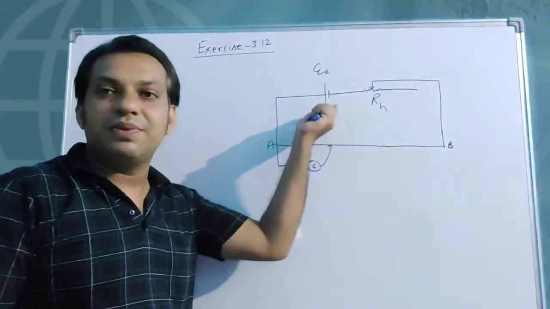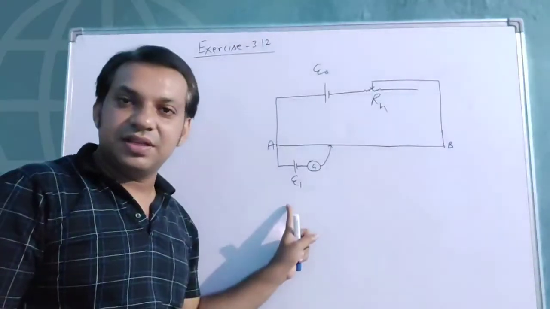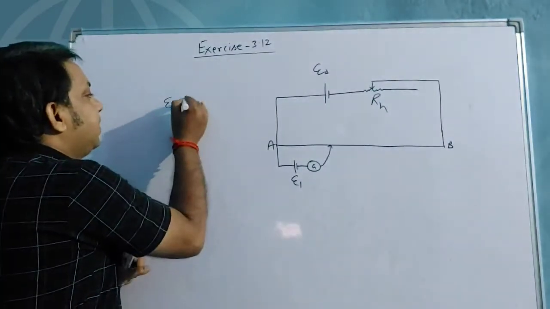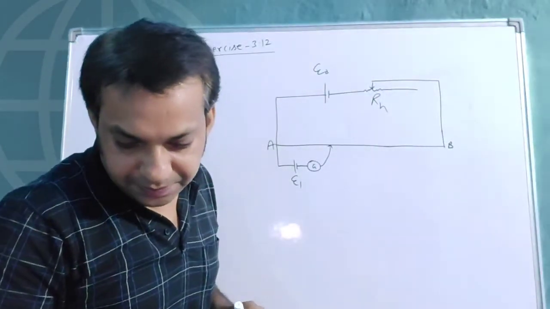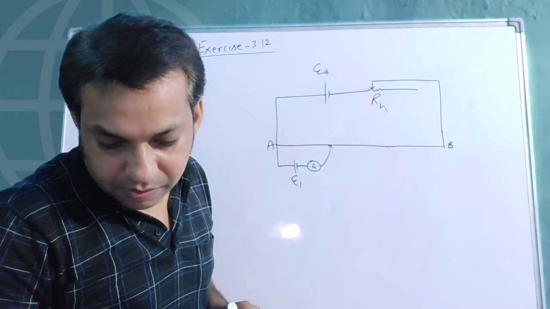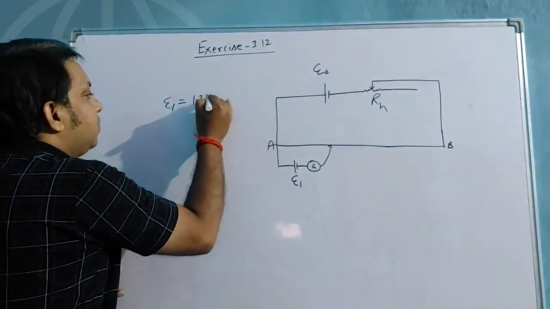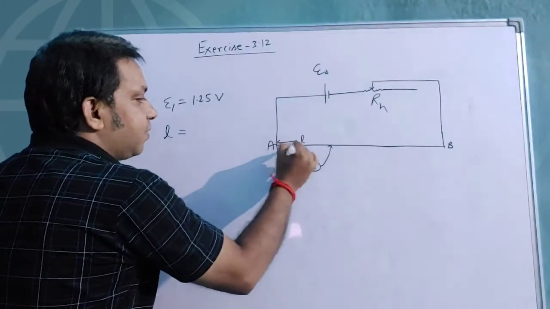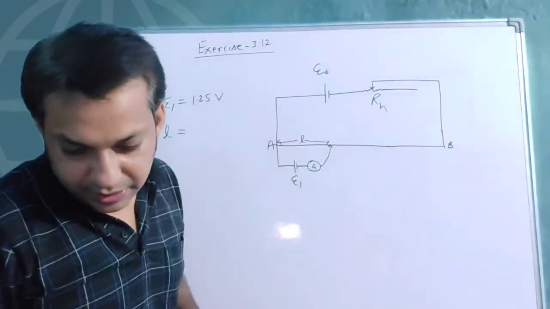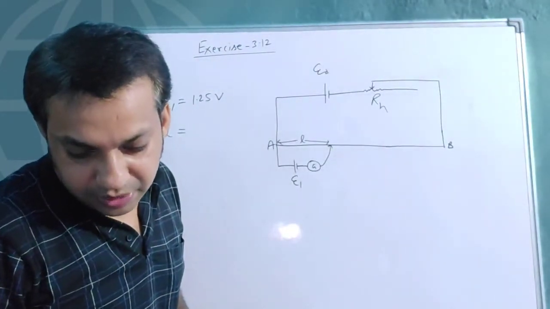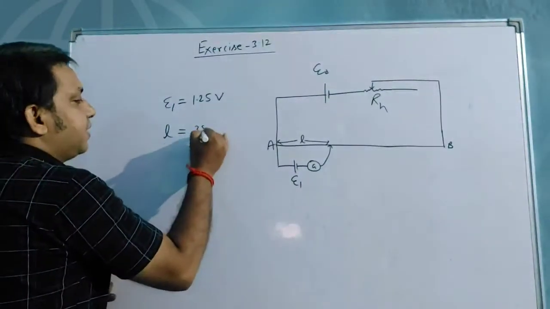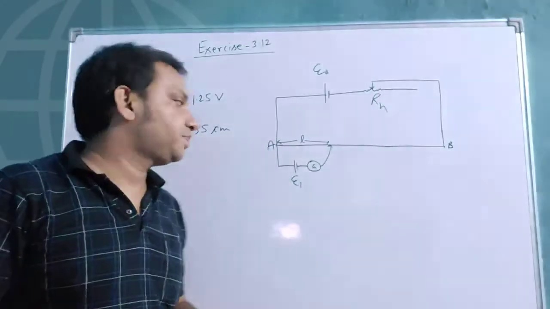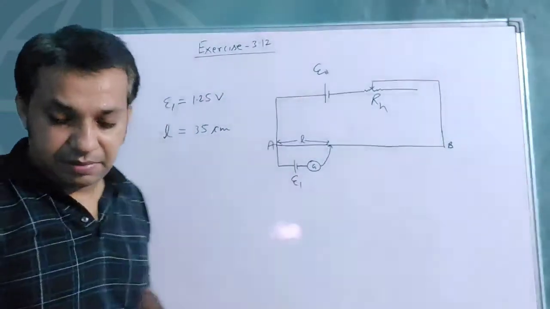See, this cell is not giving the balancing point because the galvanometer is connected with this cell. So this will give you the balance point, right? So E1 is given. In the question, E1 is given 1.25 volt, and for that the balancing length, this value of L from this A point to this J point, is given 35 centimeter. Right? 35 centimeter is the balancing length given, and it is mentioning further in the question,